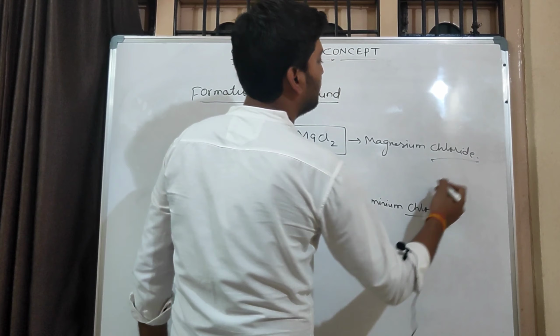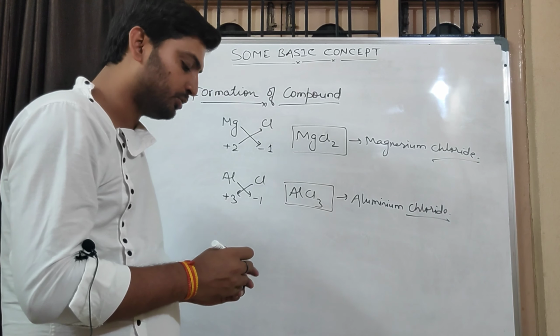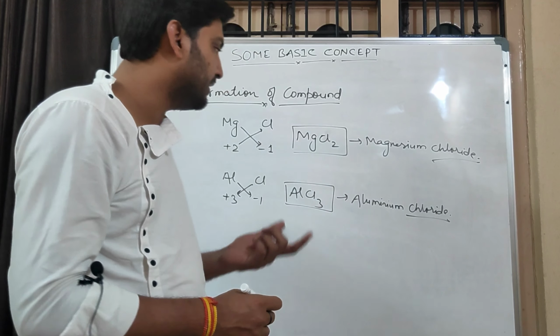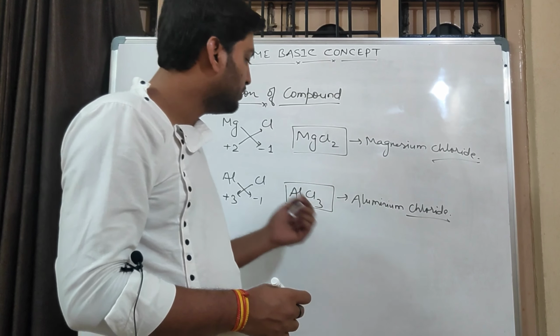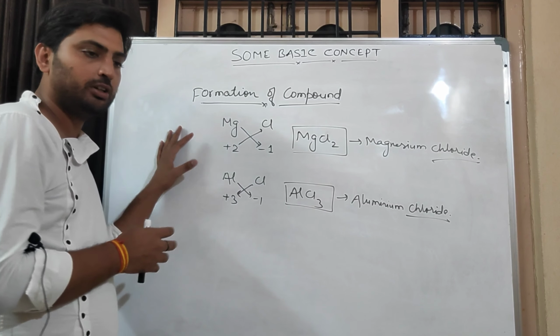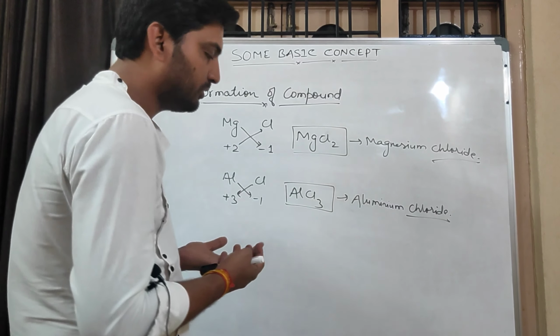So see here, we have formed three different chlorides: sodium chloride, magnesium chloride, and aluminium chloride. But their formulas are different: NaCl, MgCl2, AlCl3. That's why we need to learn about the formation of compounds, because when I start the chapter,